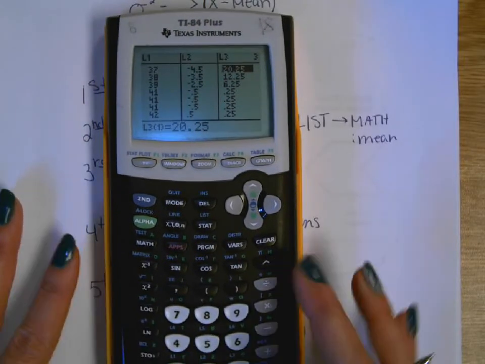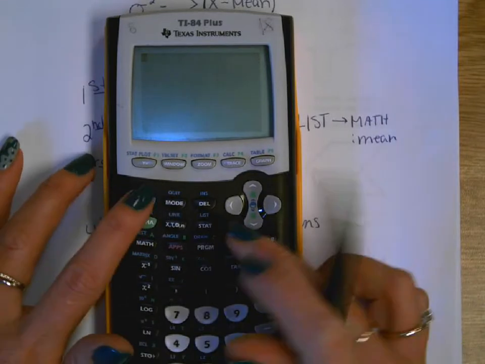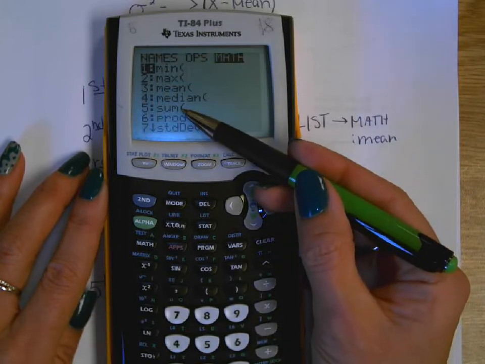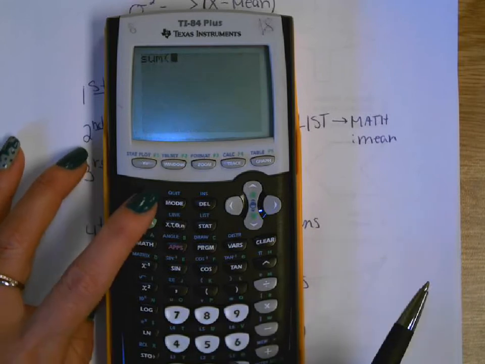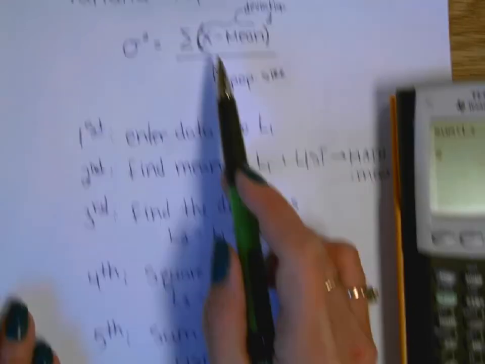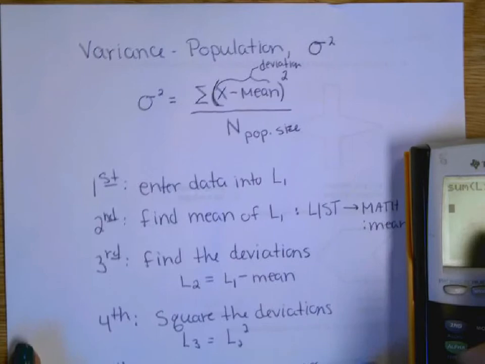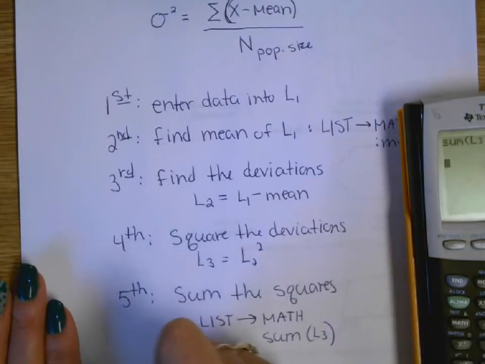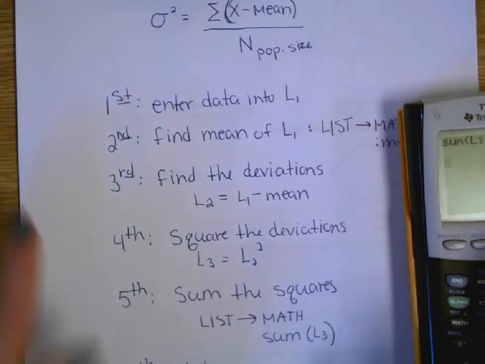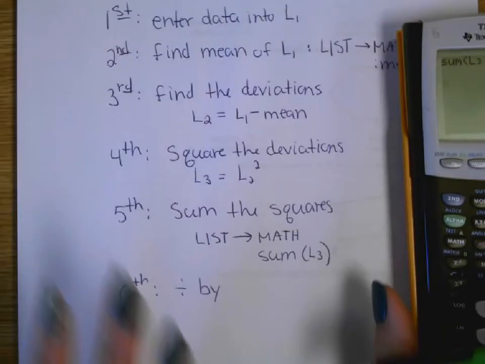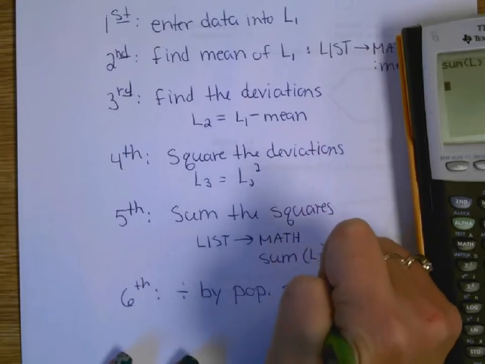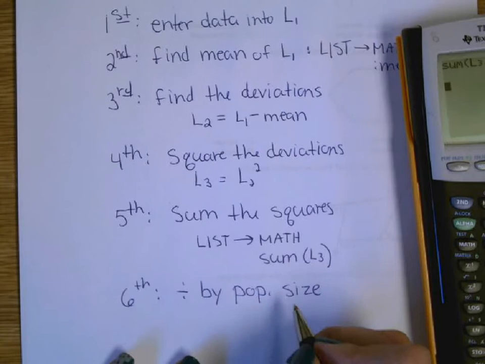So I'll do that. I'm going to quit, go to list, over to math, sum is number 5, give me the sum of list 3, got it. Okay, and then our last step, according to the formula, is divide by my population size. So step 6 is to divide by, not on the screen, divide by population size. Once I do that, I will have the variance